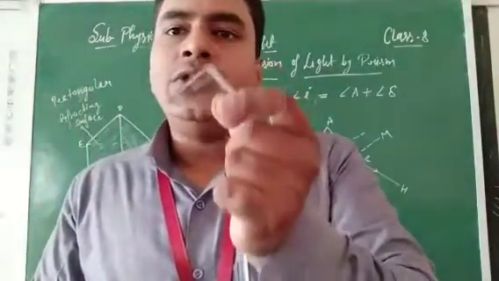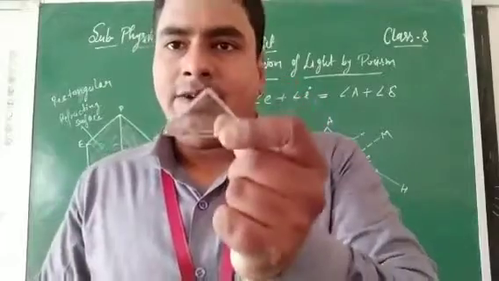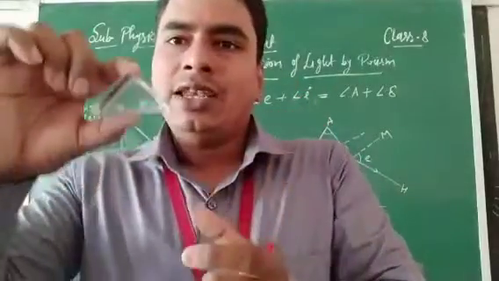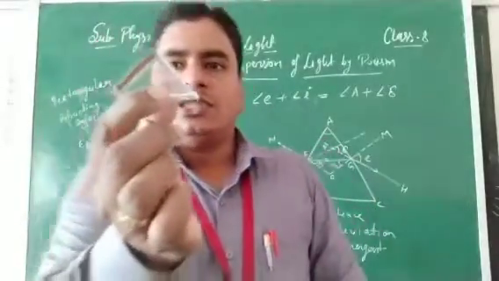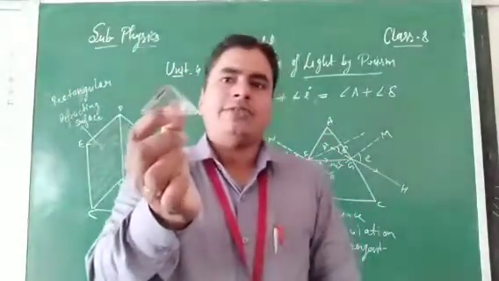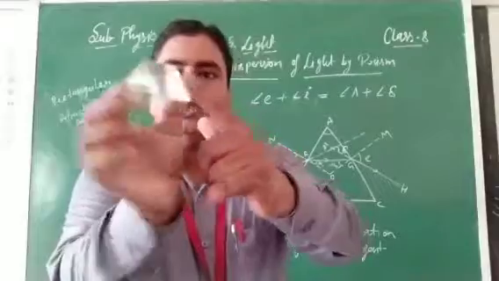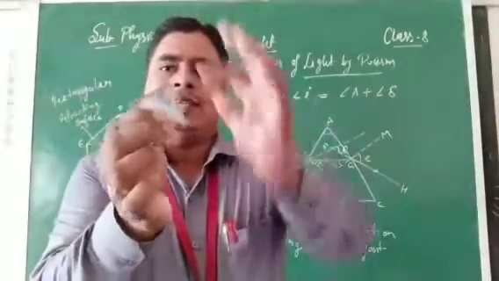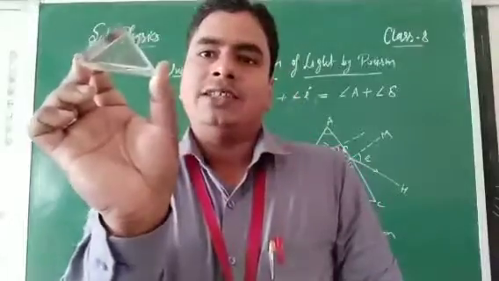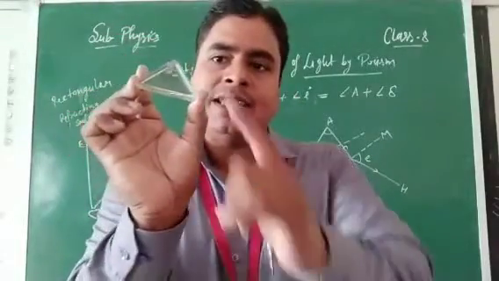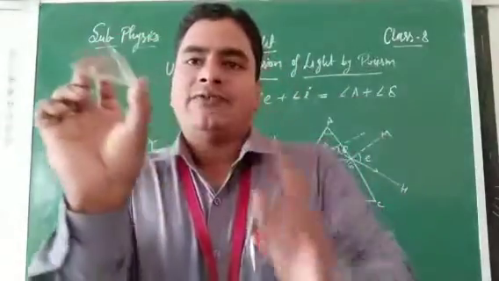It will split into 7 colors of light. White light is split into the 7 colors. So clear, students? This is the glass prism, which shows the dispersion of light into 7 colors. See, clear? These are 3 rectangular faces and 2 triangular faces. So dispersion takes place only at rectangular surfaces.